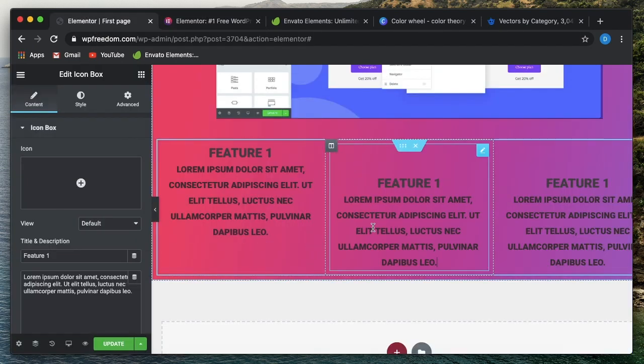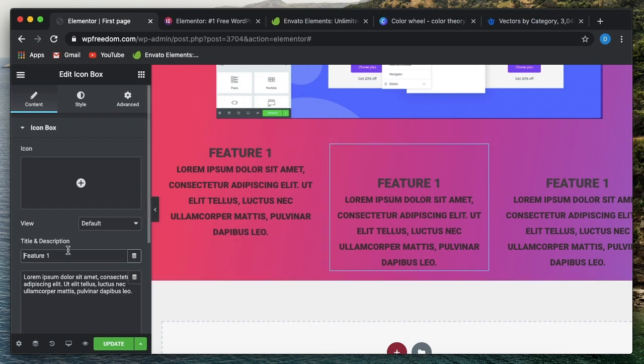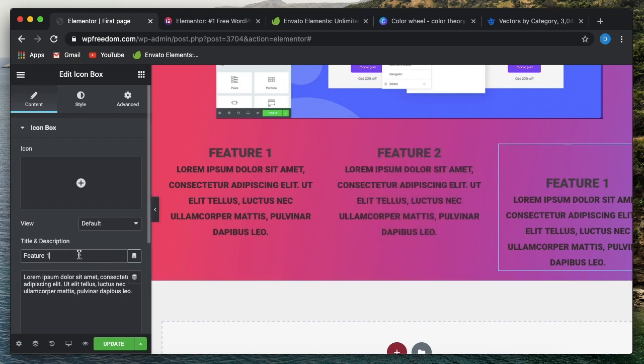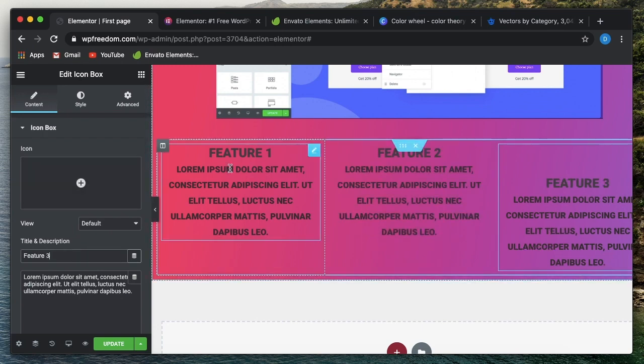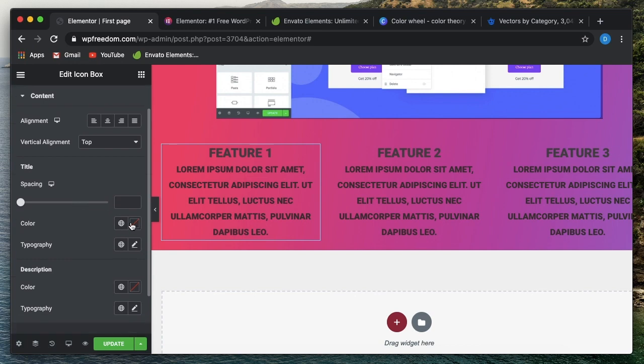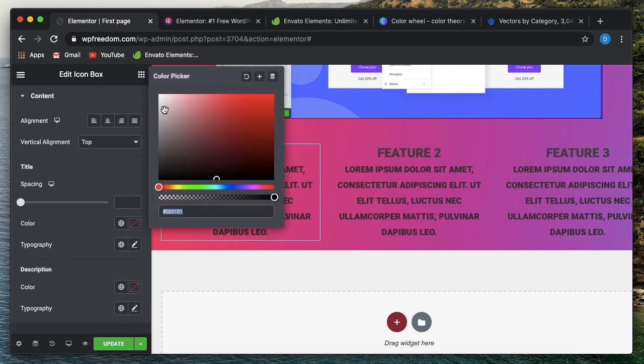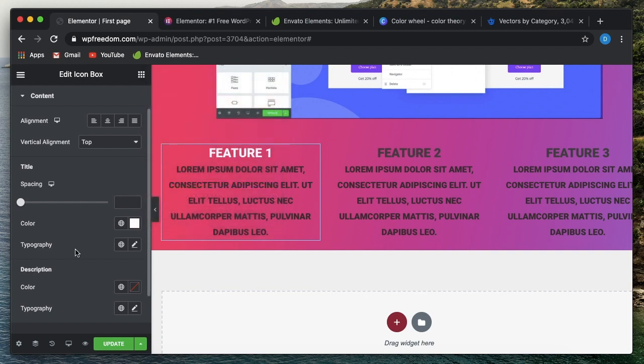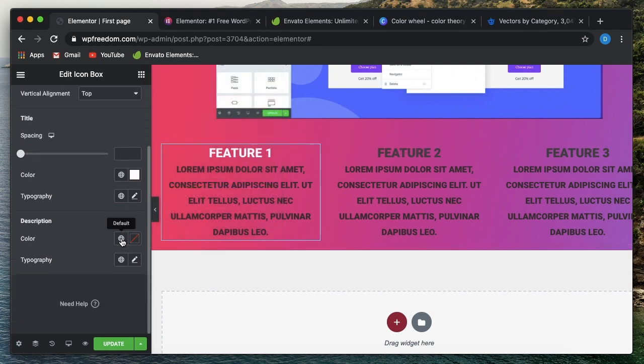Always it's a great thing to do. So this will be feature 2, and this will be feature 3. Also change the color of text. You can also add a lighter color, right? For title, I change the color. For description, again,